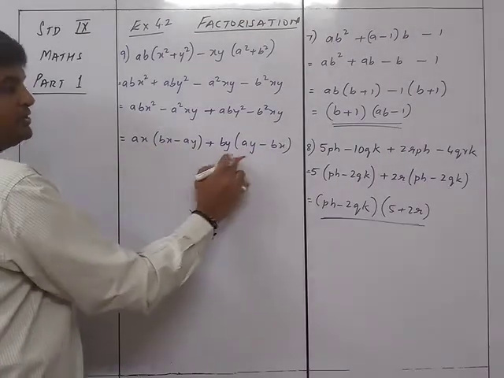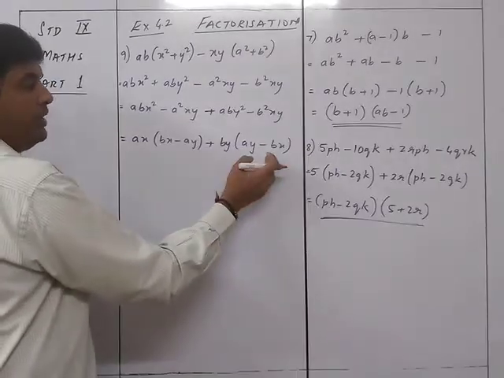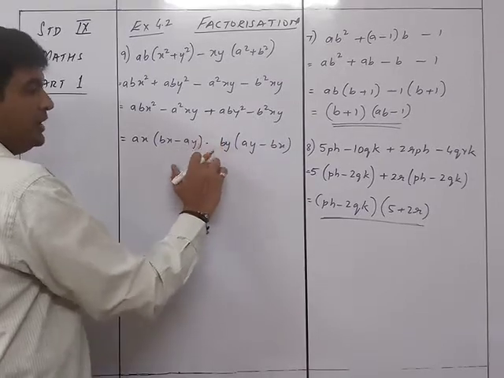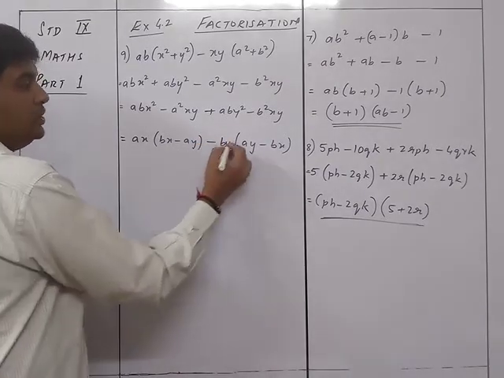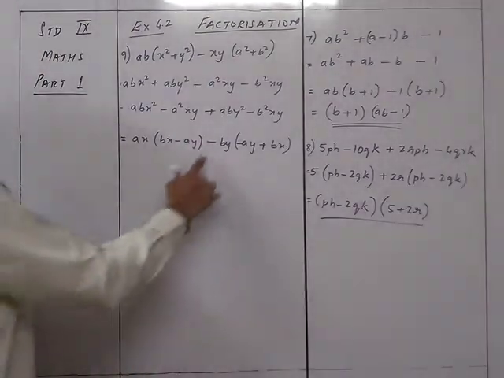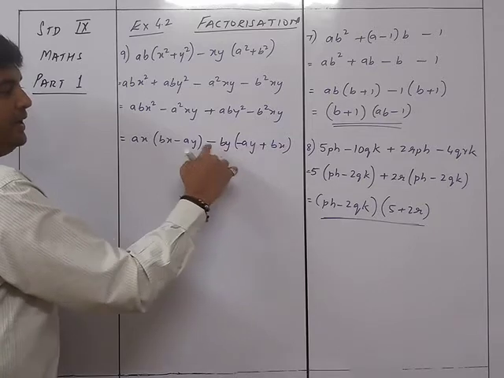So here they are not the same, because here this is plus and this is minus, and here this is minus and this is plus. So what I'll do is that I'll take a minus 1 common. So if I take minus 1 common, I'll take out minus over here. So this will become minus and this will become plus, because this into this is minus into minus is plus aby square,